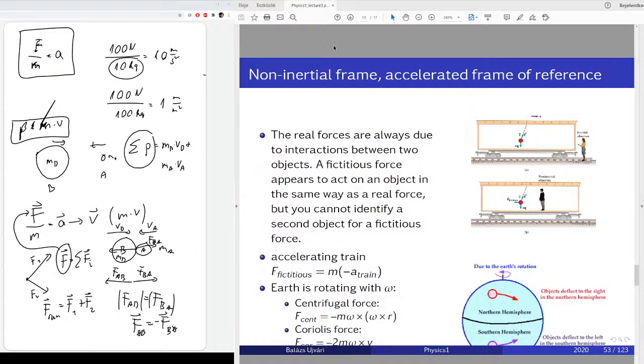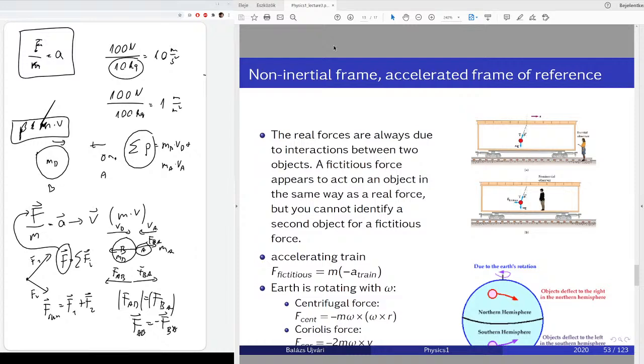There are so-called non-inertial forces. Non-inertial forces mean these are not real forces, but they can also cause acceleration. In this case, we can't talk about an inertial system, so the Newton laws are not valid in the non-inertial